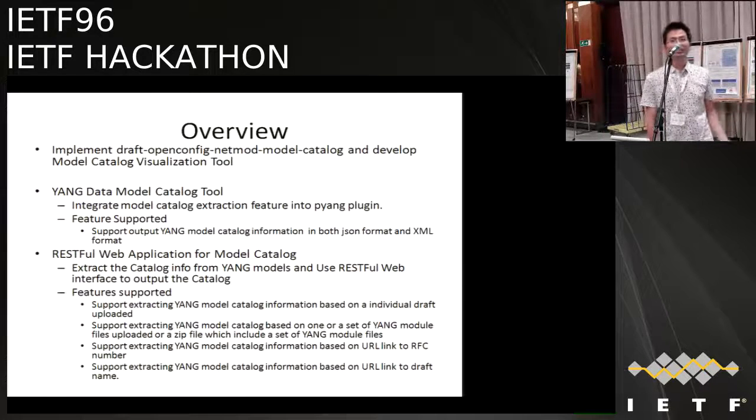So we actually extract the YANG catalog information from the YANG model, and we figure out how to virtualize this model catalog information. We work with Carl on this project, and for the model catalog we started from the last hackathon meeting and wrote this code, but we think there are a lot of bugs